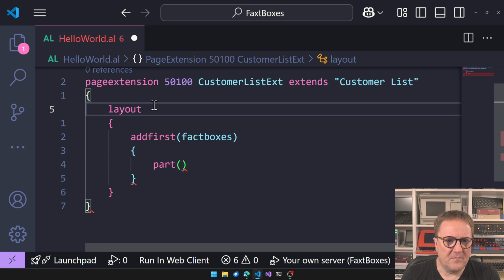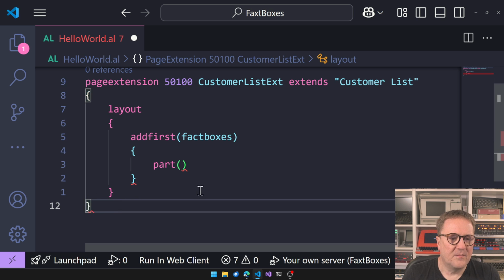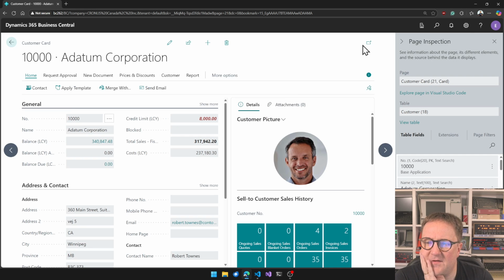So before we actually are able to do this, we have to create another page. The way the Business Central UI works is that this is a page, this is a page, the whole thing is a page, and then you have other pages inside the page. The easiest way to locate this is, for instance, if you open the inspection pane, and then you mouse over